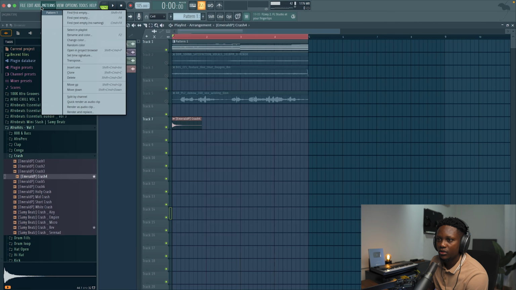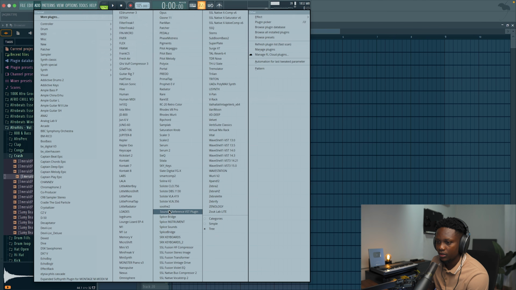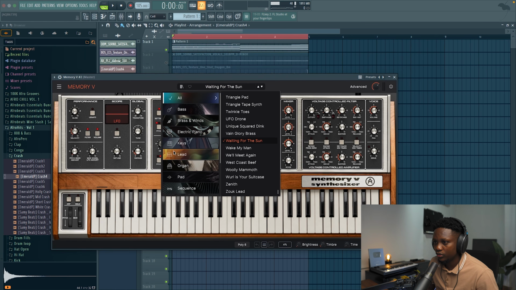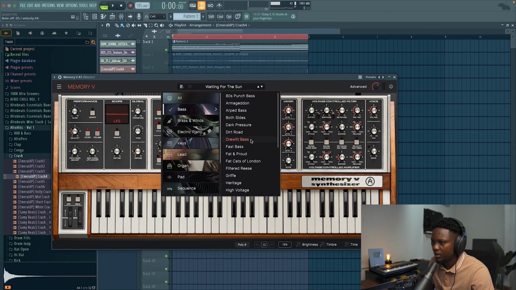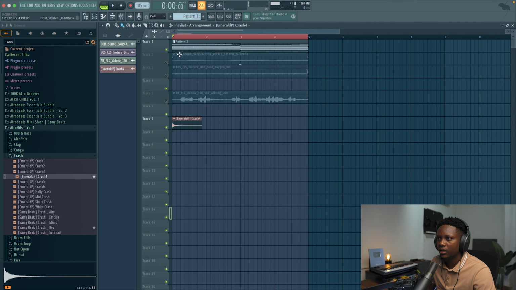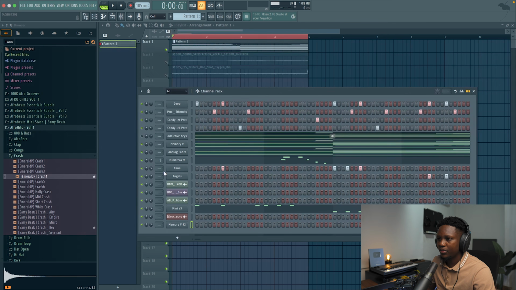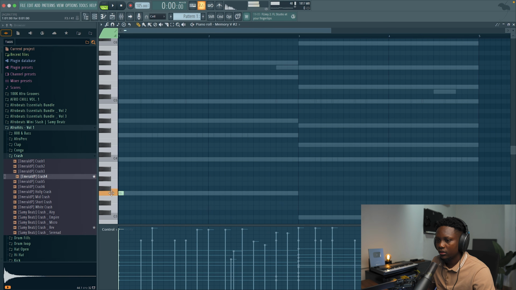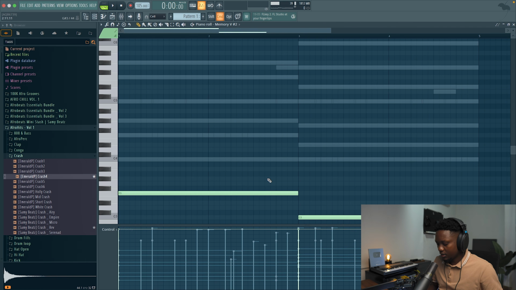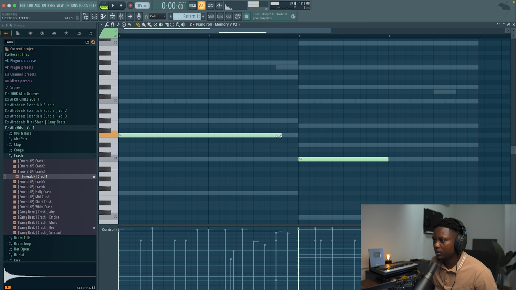Now I think it's time to create the other bass pattern. I think I'm gonna go first with Memory V again. I love those plugins, guys. They have some crazy presets. Let's go to bass, and then what preset? I remember there was a preset that sounded crazy on this. I think it was this one. This one sounds good. For this bass, we are just going to follow the root note, and then Command L. But one thing we're gonna do is that we're gonna